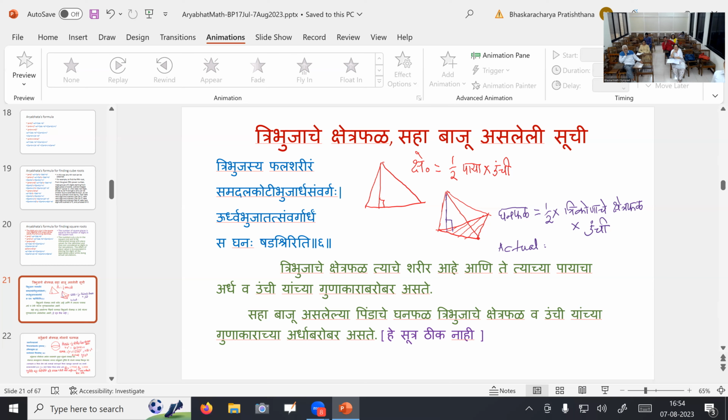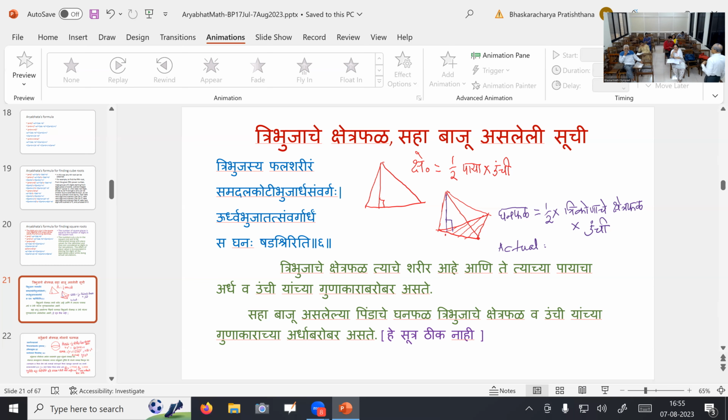So here, tat means whatever you have already obtained. Tat means you have already obtained something, this thing. That is the area of this triangle. So you should consider this base triangle and its area, you know the formula for that. Now you multiply that with urdhva bhuja. So urdhva bhuja is to be considered as the height. So from this you go to the top, and what is the distance that you have traveled essentially. So that is urdhva bhuja, and tat samvarga, that means you multiply base by height and take half of it,